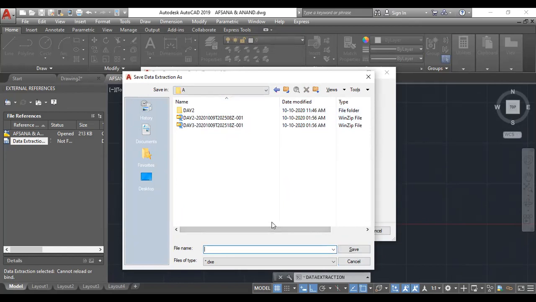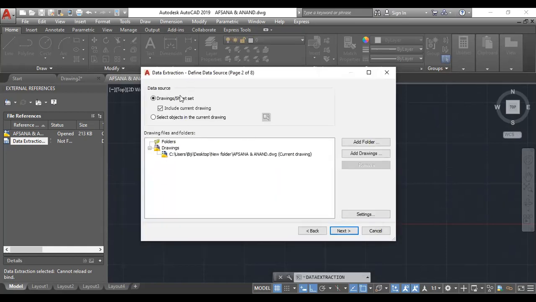Also, I need to give a file name. Then click on save.